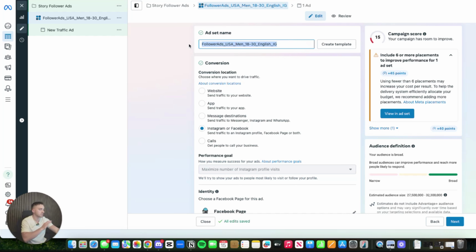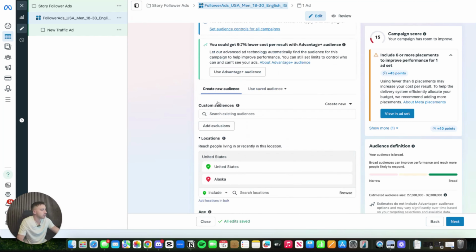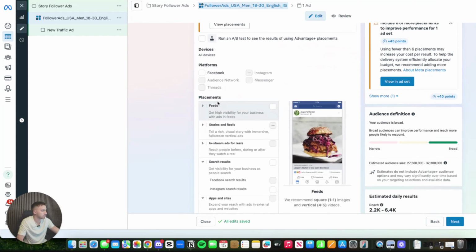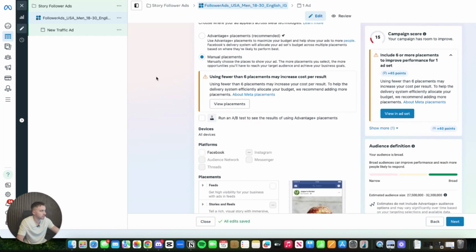It honestly doesn't matter what you name your stuff, but just make sure that you understand it fully, because if you don't understand it, it's gonna be a complete mess when you try to go look and see what's working, what's not working. Okay, so that's how I name it. So that's all set up correctly. Again, just kind of skim through there. If you need to pause, you can pause.